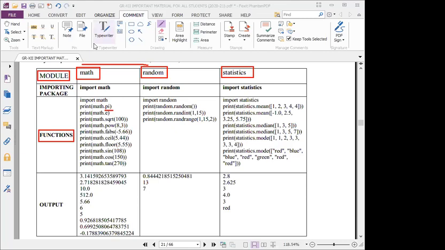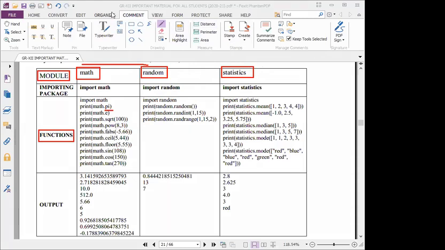Whenever you refer to math.pi in your program, it will give this value, 3.14159, and it goes on without ending. Like this we also have math.e, which is another constant. These are the terms you should remember about the math module.